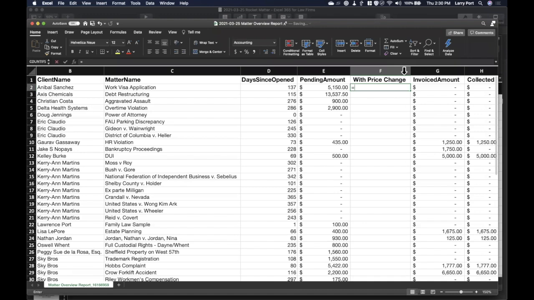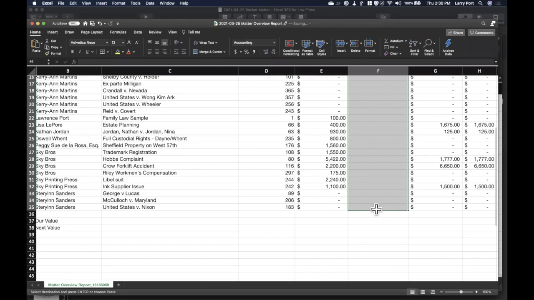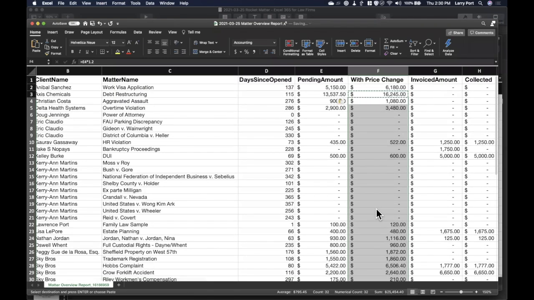So one thing I could do is hit the equal sign, and I'm going to refer to this cell, which is E2, and multiply it by 1.2. What did I say? 20% is 1.2, right? And that's going to give me the value of 6180, right? So I want this to increase as I go down this column. And in fact, what Excel allows you to do is use my shift key, select all these cells, and hit paste, and it inserts all those values because it automatically increments those one by one, right?